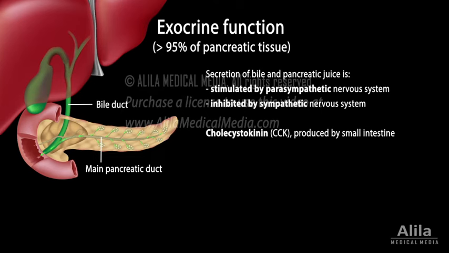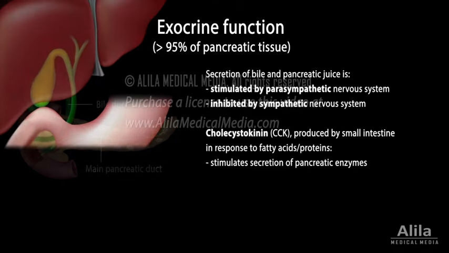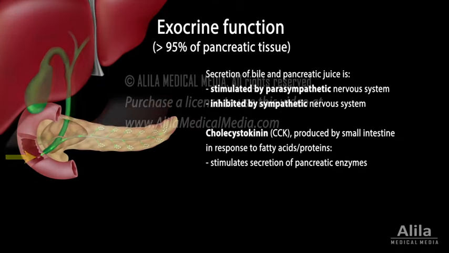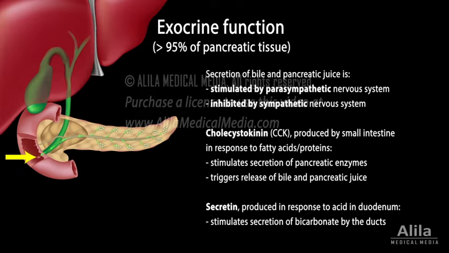Cholecystokinin, CCK, produced in response to the arrival of fatty acids and proteins in the duodenum, stimulates secretion of pancreatic enzymes. CCK also triggers the contraction of the gallbladder and relaxation of the hepatopancreatic sphincter to release bile and pancreatic juice. Secretin, produced in response to the arrival of stomach acid in the duodenum, stimulates secretion of bicarbonate by the